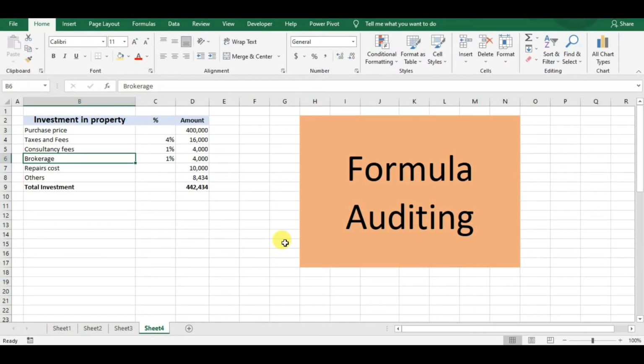Auditing. When you work with formulas, it actually gets tricky to know which cells will be impacted by your working. If you make a change in a formula or you make a change in a cell, which cells are going to be impacted? It is very tricky to find that always. So what we can do is use formula auditing here. Let's say I have this table and for this cell, without going to the formula, I want to visualize which cells are impacting this cell.